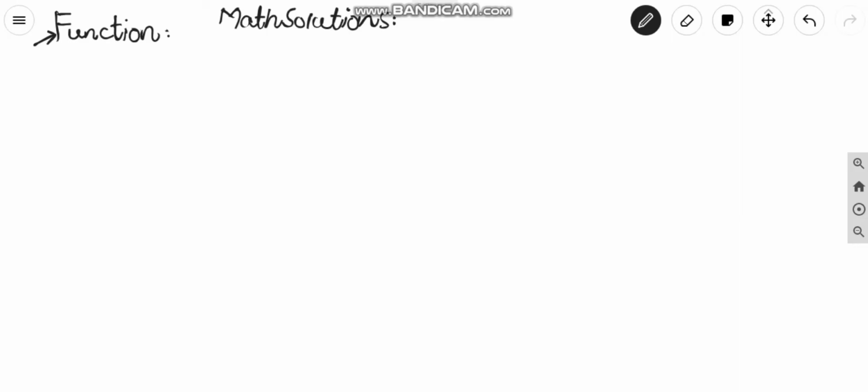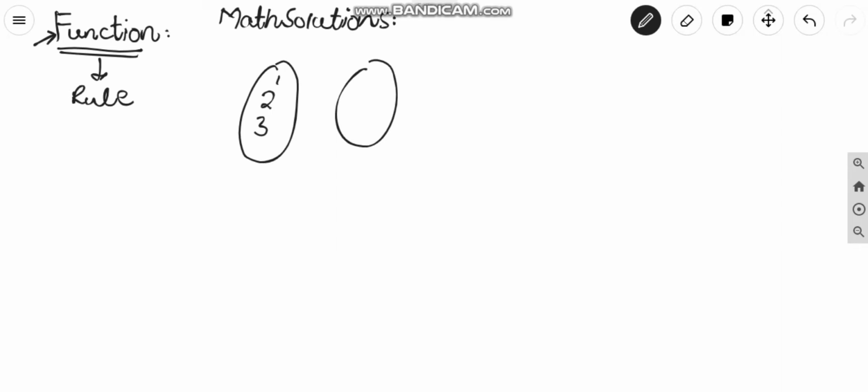First of all, we will define what is a function. A function is basically a rule or correspondence that relates elements in the first set to one and only one element in the second set. Now we have to think what is the rule through which we have related 1 with 1, 2 with 4,